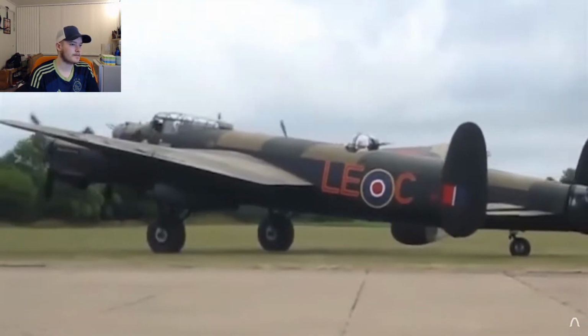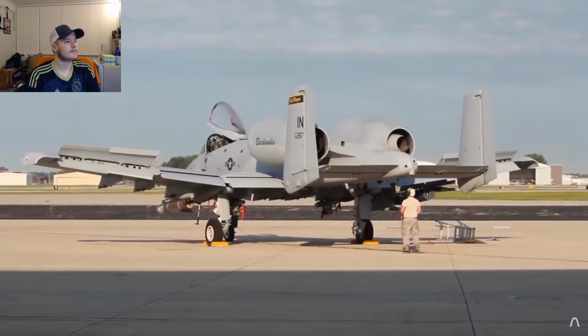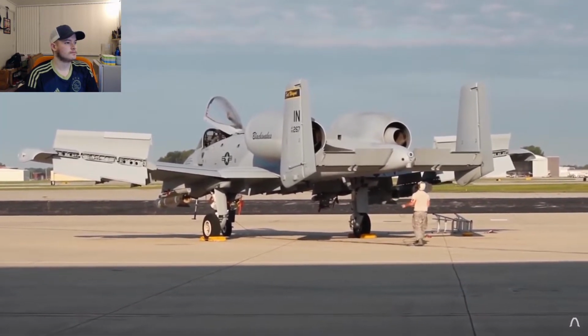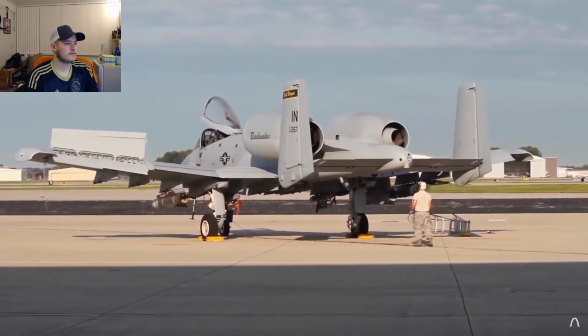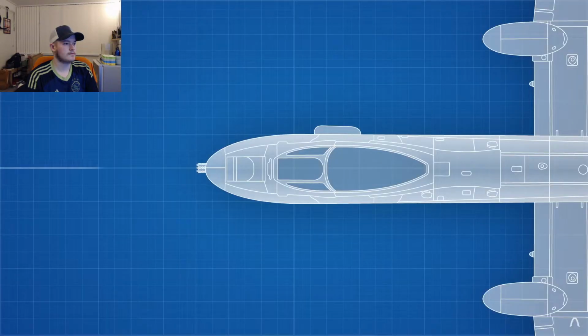The tail would look more at home on a World War II bomber, which were designed to be stable. Stability was an important part of the A-10's design. The large vertical stabilizers help keep the plane on target as it fires its insanely powerful gun. The gun is mounted directly on the center line of the plane to minimize the effect of the recoil pushing